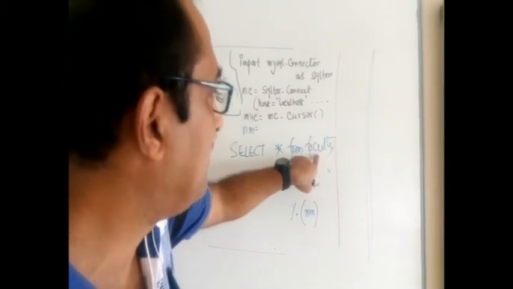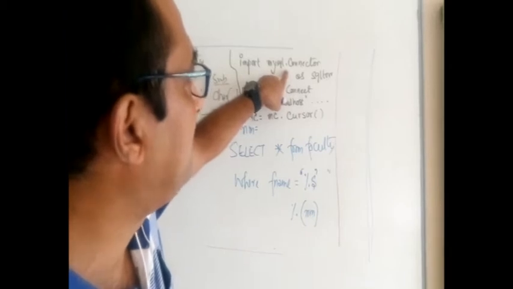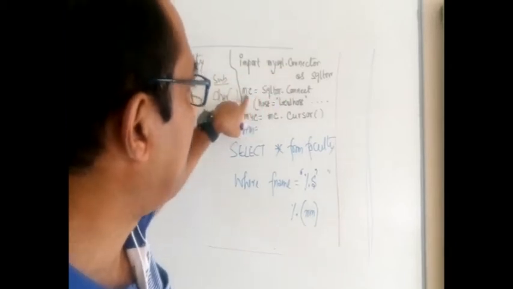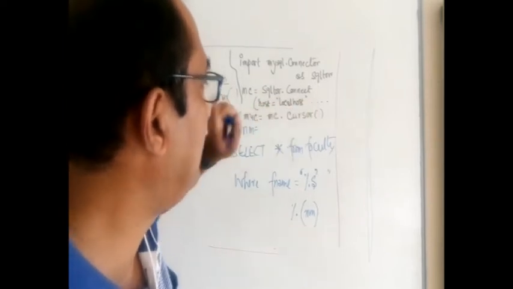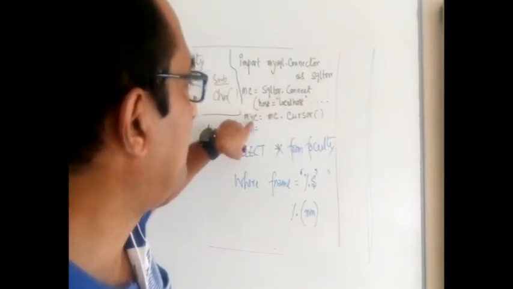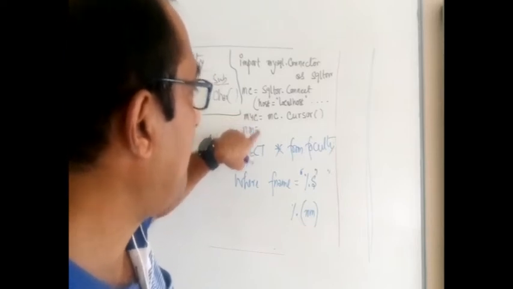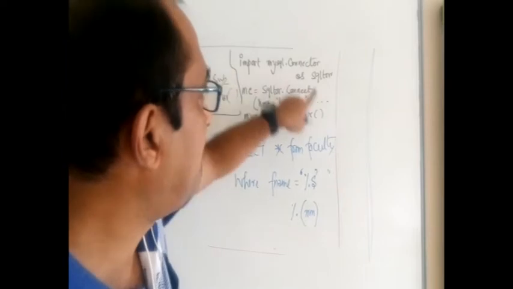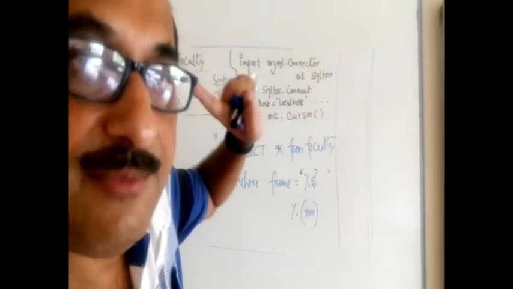Before this, look at this. I did not use the table name anywhere. I just imported the SQL connector. I made my connection object. You know how to write this connect; I did not write the full thing here. Then we have taken one cursor object. That's what I've done. You need to mention the database name, but I did not mention the table name anywhere.